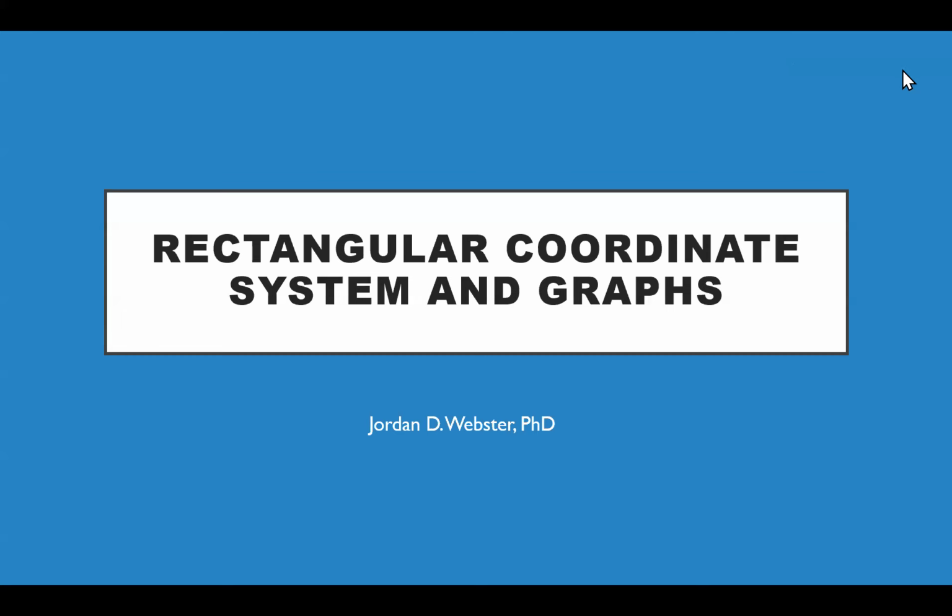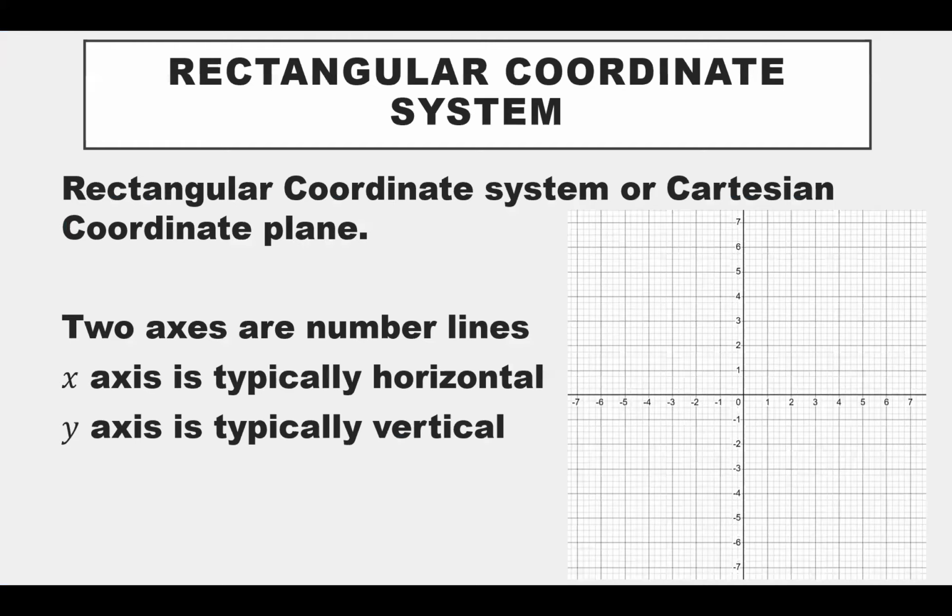In this video, we're going to take a look at the rectangular coordinate system and graphs. The rectangular coordinate system is also called the Cartesian coordinate system or the Cartesian coordinate plane. What we have is two number lines laid out. One is the x-axis, which is typically the horizontal axis, and another is called the y-axis, which is typically the